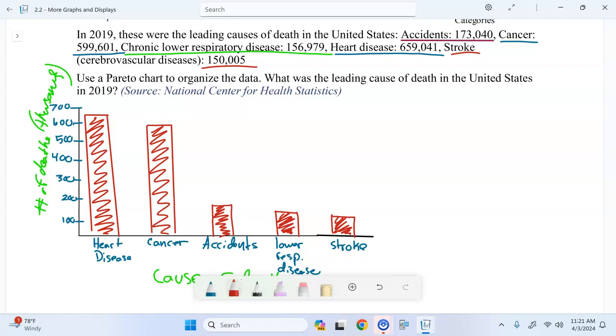And so our Pareto chart sets it up in a way for us to easily see the differences in the values, in the categories, from greatest to least. Okay? All right. We will stop there for today, and then we will finish up with our last